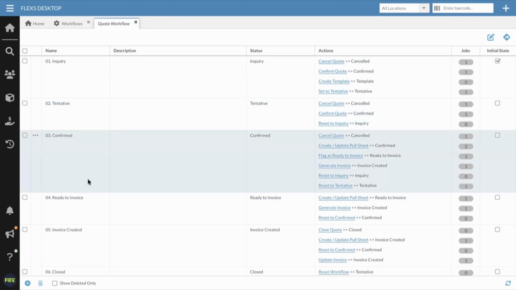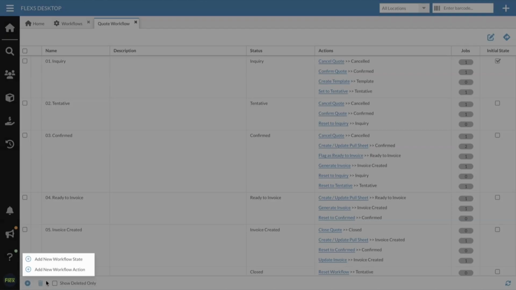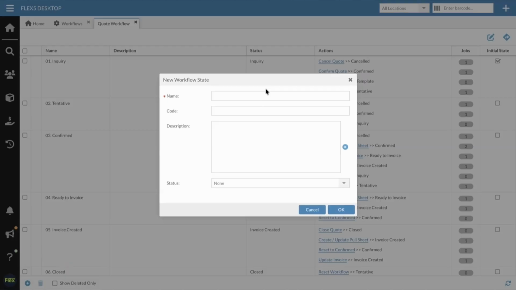In creating a new workflow state, I'm going to go to the bottom left corner where I have the option to add a new workflow state or a new workflow action. So I'm going to create a new workflow state. I'm going to focus on the name and the status for this example. So in the last video, we created a new status called new status, and I'm going to name this one